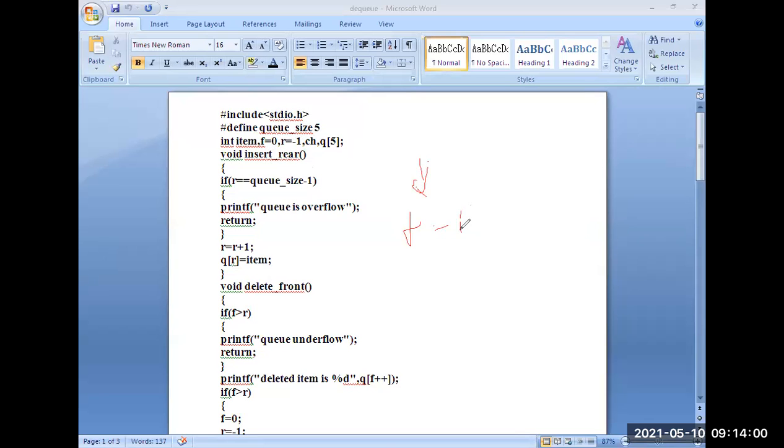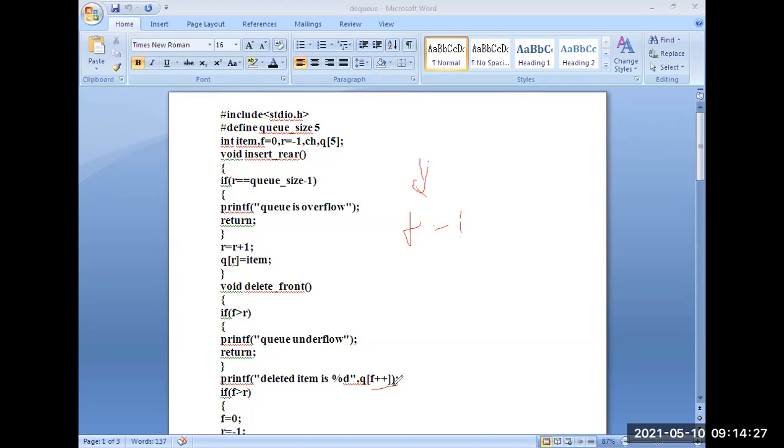So if you take f equal to -1, then when you delete the item, you have to pre-increment f by 1.